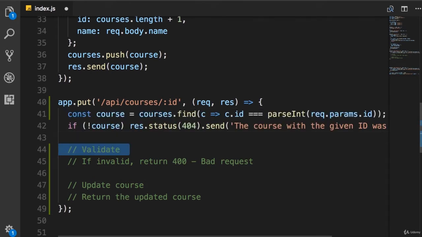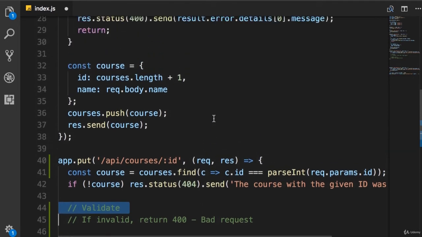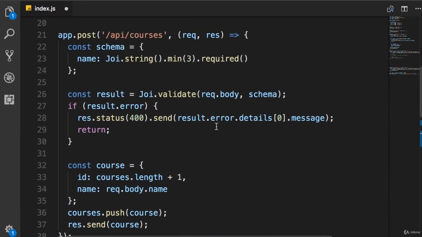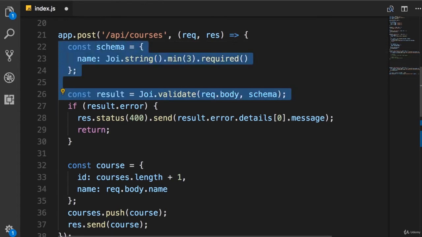The second part is all about validation. For that, I'm going to go to our post endpoint. So here we need to copy the schema as well as this line for validating the request body using Joi. Now there is a problem with this approach. The problem is, in this case, we have a very simple schema. What if you were dealing with a complex object with quite a few properties? Then our validation logic would be duplicated in two different route handlers. So let's just copy the code for now, and then we'll come back and refactor it to make it better. So copy these few lines